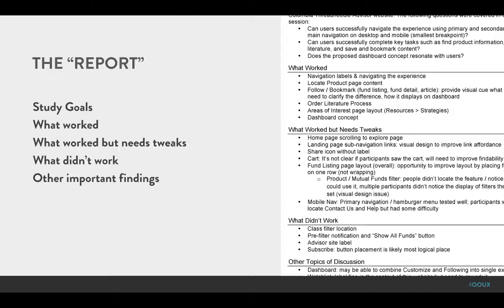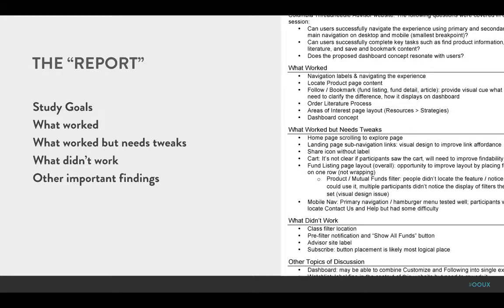And anything else that might have come up or that you've been able to determine in the 24 hours that passed since the testing. So this is something that will help the design and development team quickly take action based on what we saw in testing. So we're not holding up the team for a sprint or several weeks while we do a detailed report,